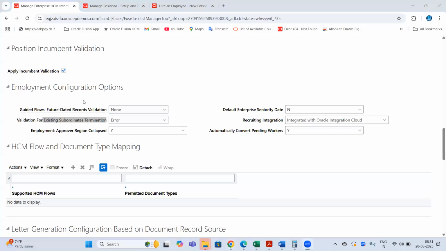So many questions, Manan. Okay. Validation for existing subordinates termination. What is this validation for existing subordinates termination, team? See, whenever